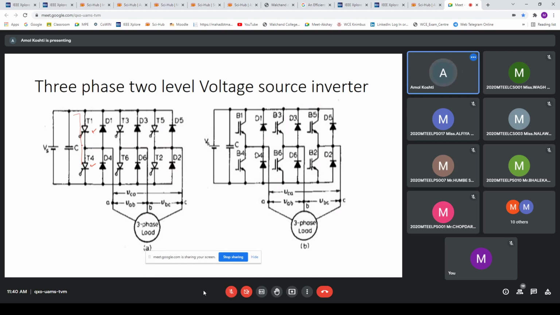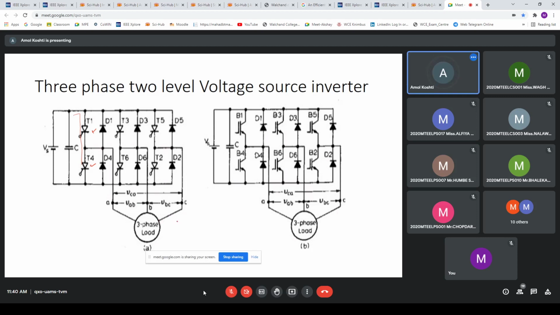One of the switches from these two is always turned on. So we have to switch these switches in such a way that we get the two